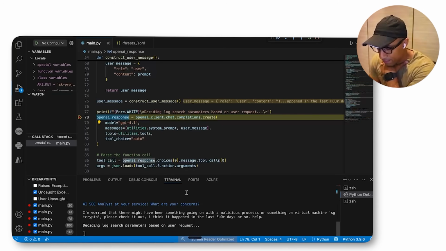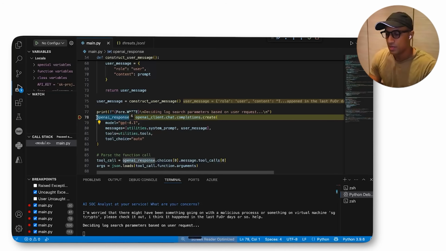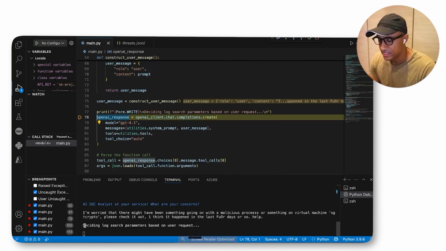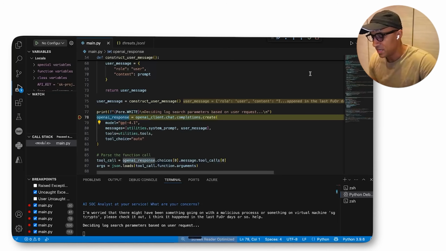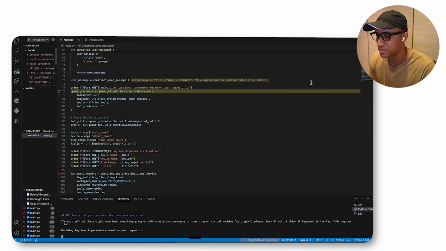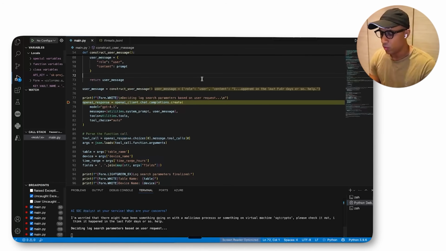So when you run it, I ran the code and I broke it here. It says deciding the log search parameters based on the user's request. So basically, I'll explain what happens here. We say something to the AI agent, like, there may be a weird process on this computer. It needs to know where to search, right? And the way that we help it to know where to search,